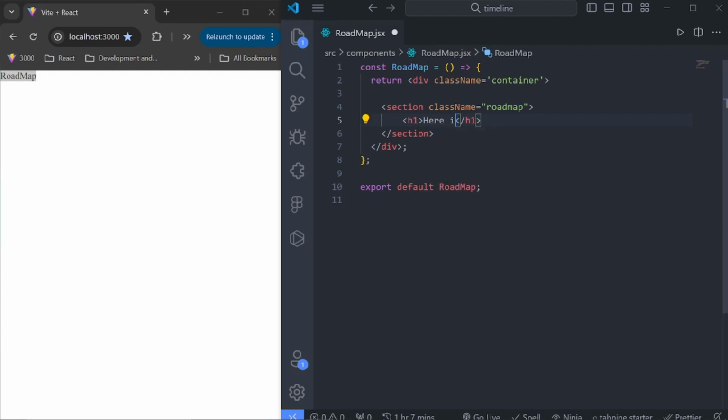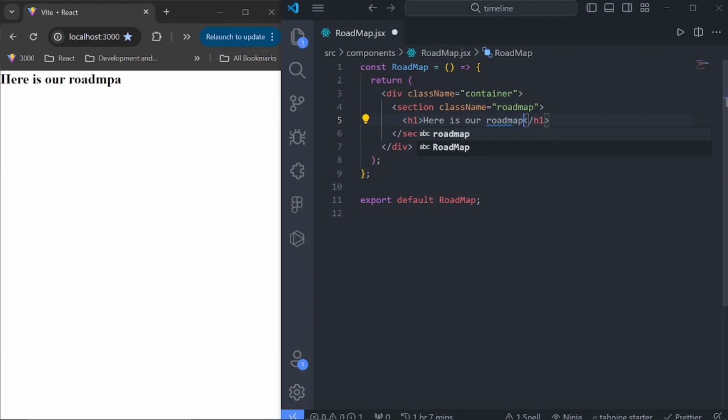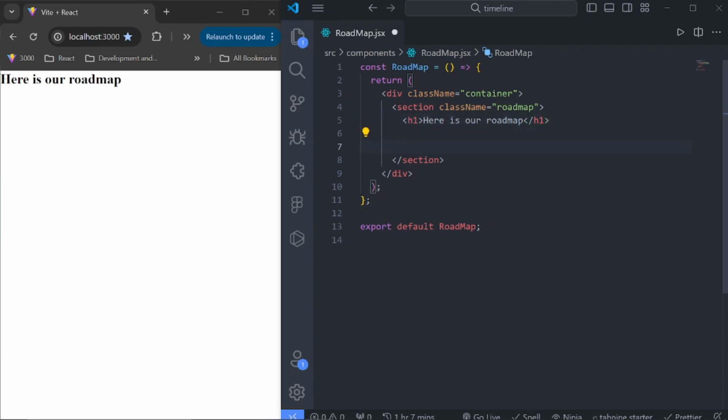Say here is our roadmap. This should be roadmap. Okay, cool. Then under the h1 we're going to create the timeline. So that should be inside another div. So we say roadmap